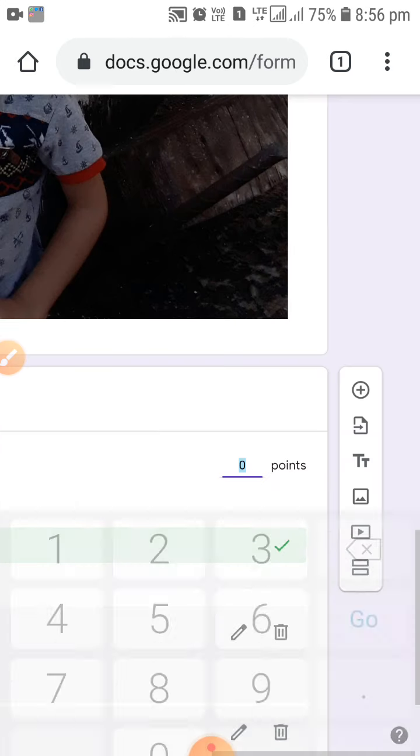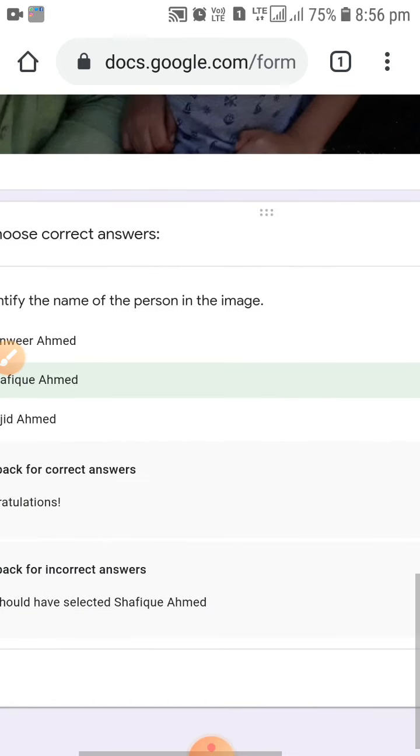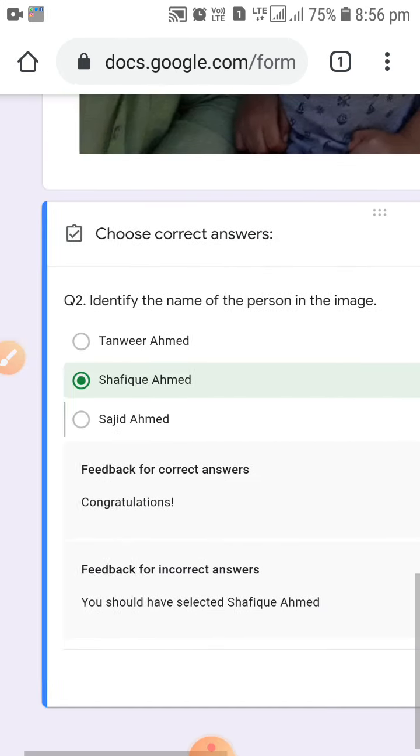Click on save. So that is the second question we have set for the students. If you want to set another question, you will again have to click on that plus button, my dear friend. You can see the plus button over there again. So click on the plus button and you can do question number 3.